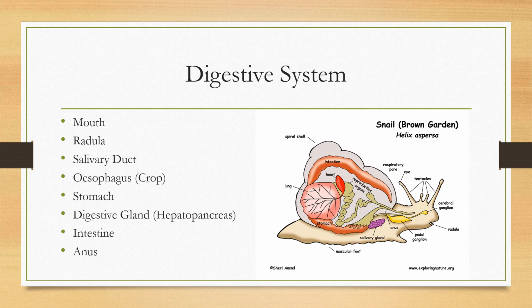They have the salivary duct, which helps break down their food. They have something called an oesophagus. This is also called a crop. A crop helps snails digest cellulose because otherwise they wouldn't be able to, and that is a huge part of their diet. Then it goes to the stomach to be broken down